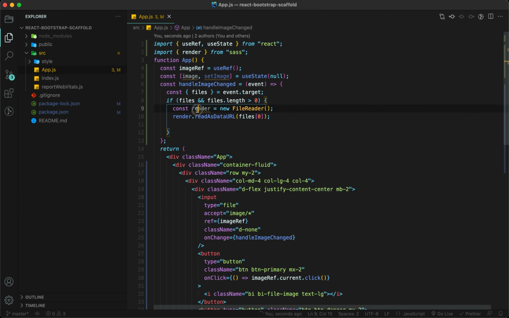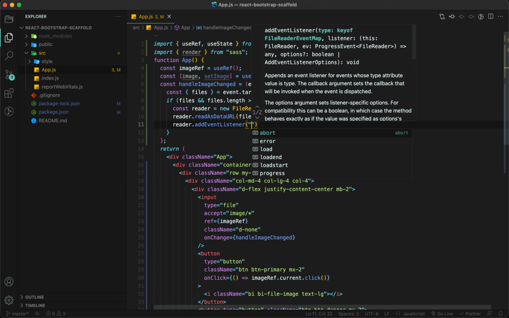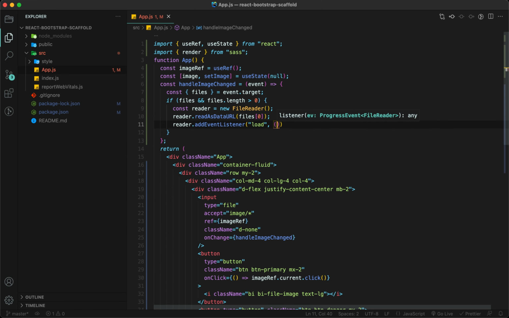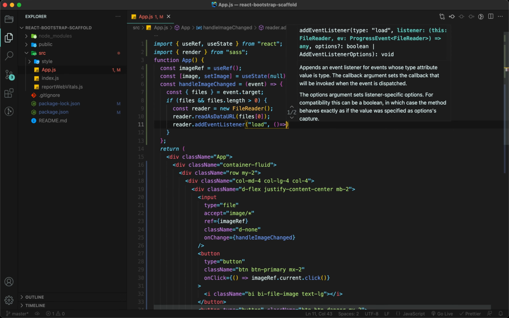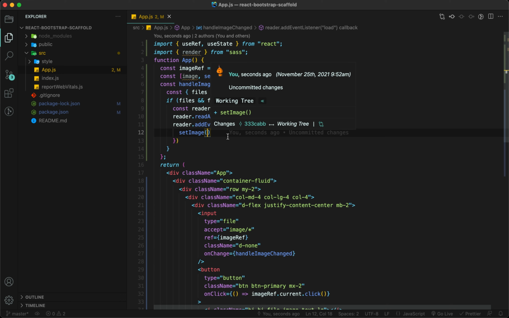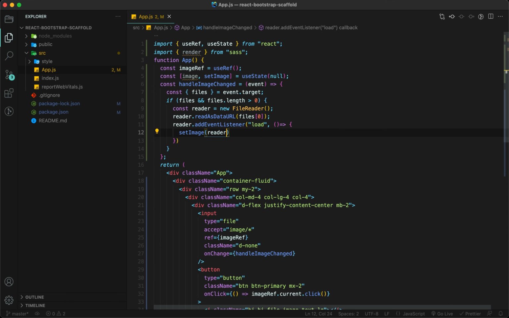Again I'm going to add one event listener, and that event listener will be load. Whenever we complete reading all our files, we are going to save this image into our state. Set image, and whatever we have used, that will be reader.result.